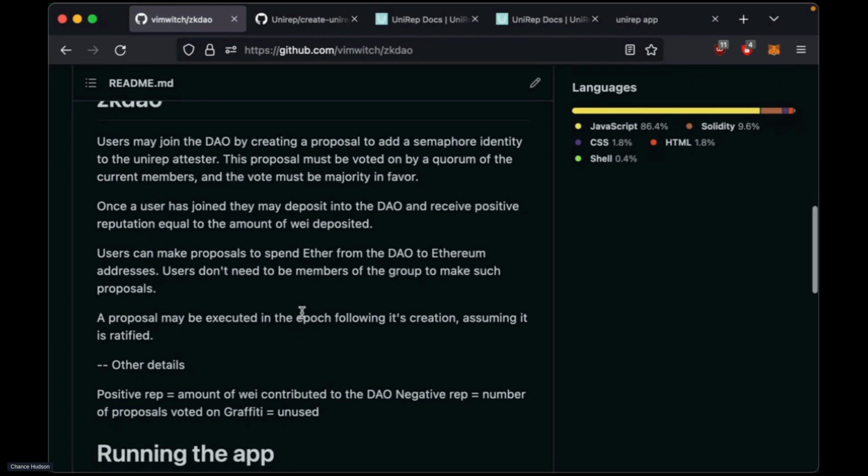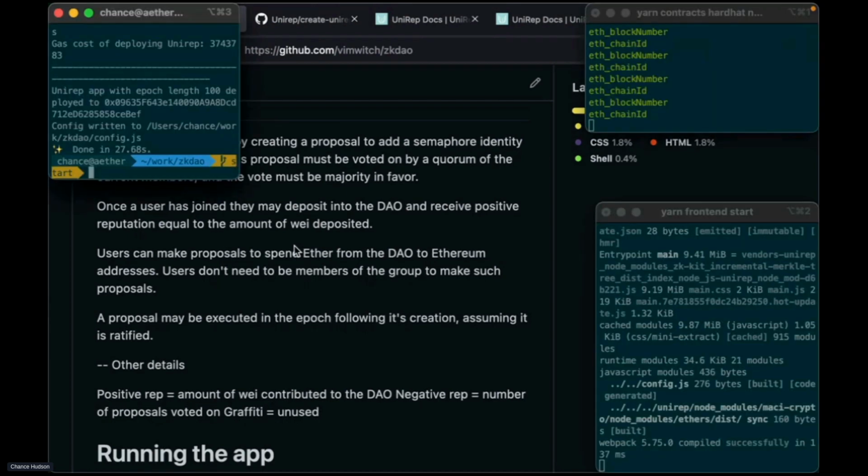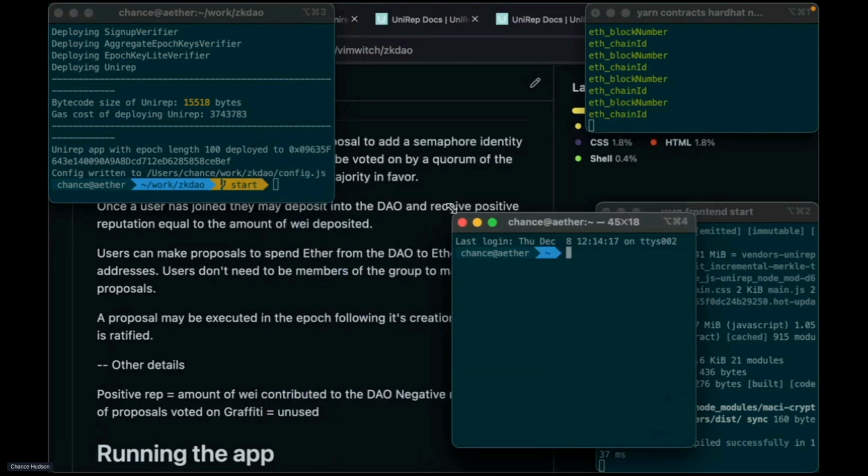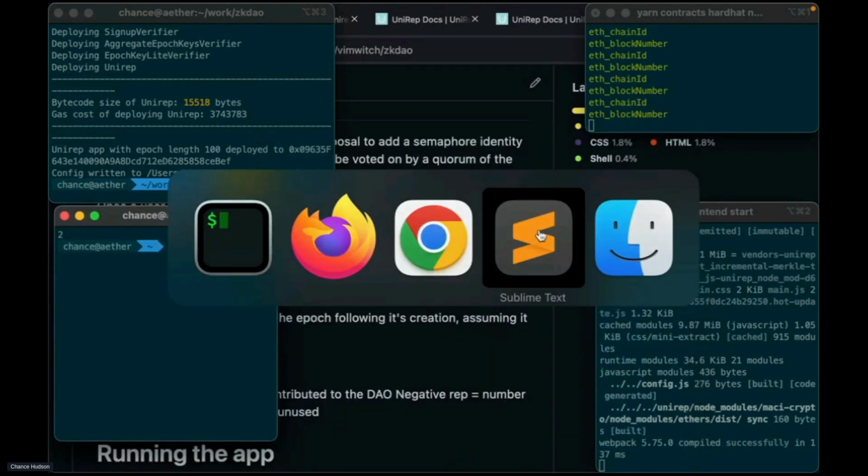So some technical details. We have these epochs in UniRep, and we're just going to make it so that whenever a proposal is made, it gets voted on in the epoch that it is proposed in, and then the results are done when that epoch ends. There are a lot of downsides to that, because you have to pay attention to when you propose a proposal, because if you propose at the end of an epoch, then no one has an opportunity to vote on it. But again, this is a simple example. We're going to just do one epoch, and that's it. So, right, I'm going to try to build this. Let's take a look at the code base that we're going to start from.